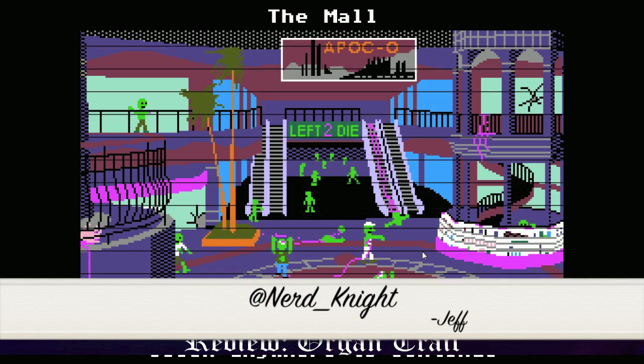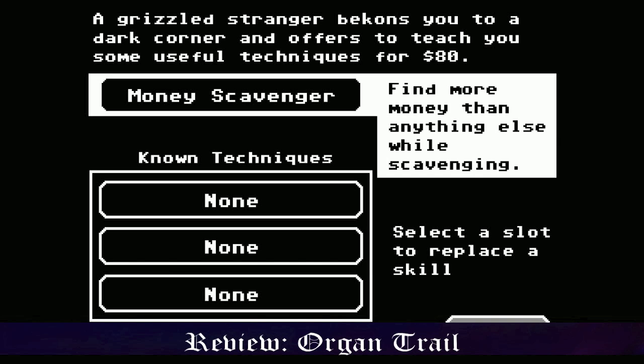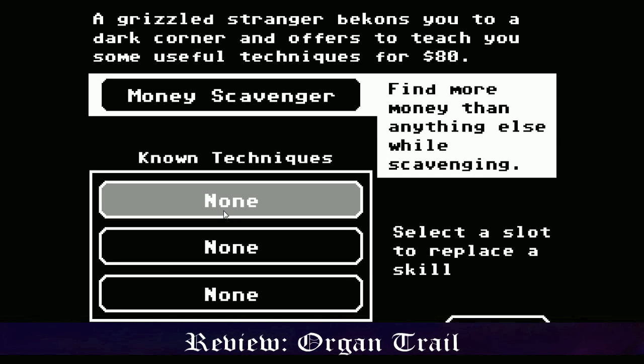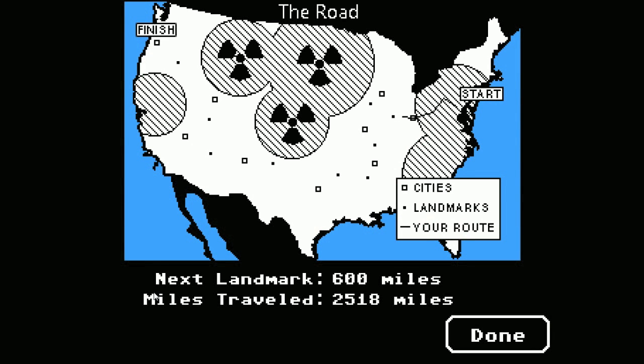I'm Jeff with NerdNight.com, and today we'll be reviewing Oregon Trail. The game is based off of the original from the 1970s, but has some key differences. The biggest of these differences is the zombies, but the goal remains the same: to get from the East Coast